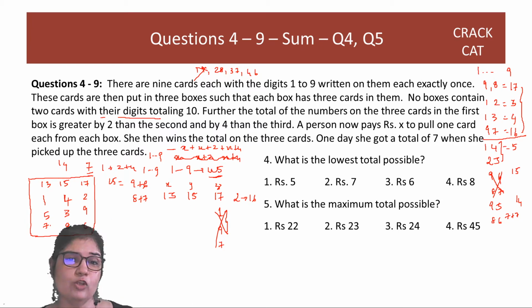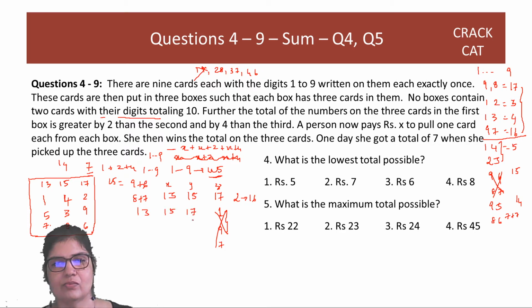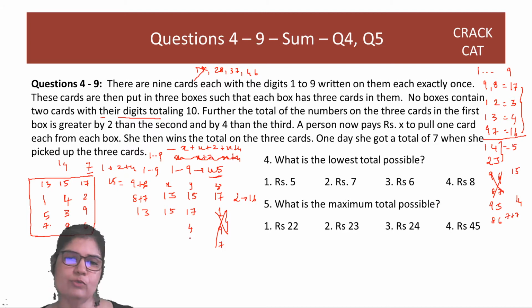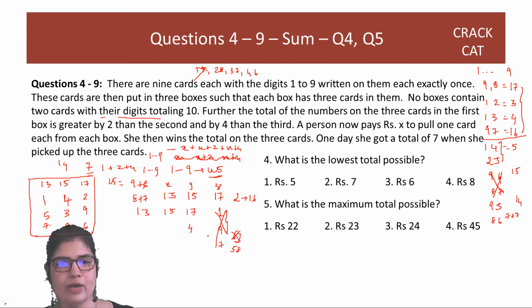So that is one possibility we have. In 17, 1 we said cannot be. Correct? With 2 we have got one unique answer. What happens if I put 4 in 17? So two numbers add up to 13, which can be 6 and 7 or 5 and 8. 4 and 9, but 4 is already used here. If I put 6 and 7, then 4 plus 6 is 10. So I have to put 5 and 8 here. Now with 15, 1 cannot come because 9 plus 5 not possible, 8 plus 6 not possible. So with 15 will come 2 and with 13 will come 1.